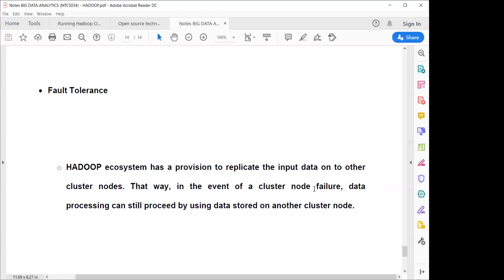Suppose you are running your application on a single node and that node goes down, then what will happen? Your computing system will go down or your application will be shut. You are not able to process any kind of information. And if you are running your application on 10 nodes, 100 nodes, 1000 nodes, and some of them are down, you are going to face the consequences. So the Hadoop MapReduce system will provide you a way to handle this kind of thing.